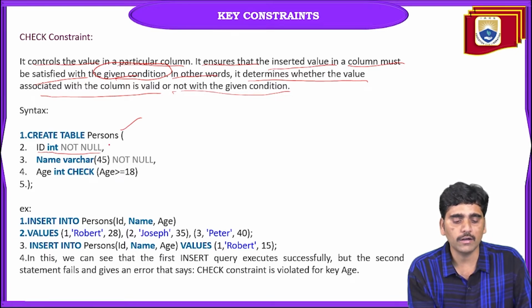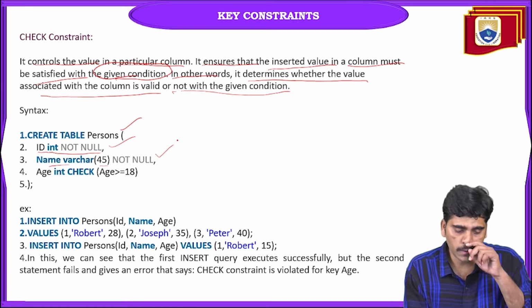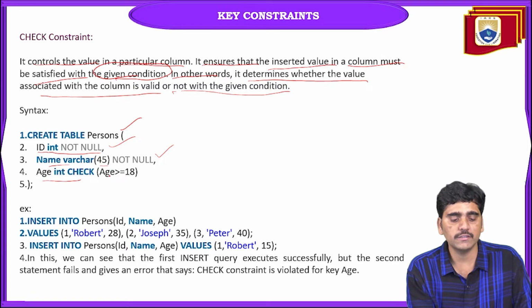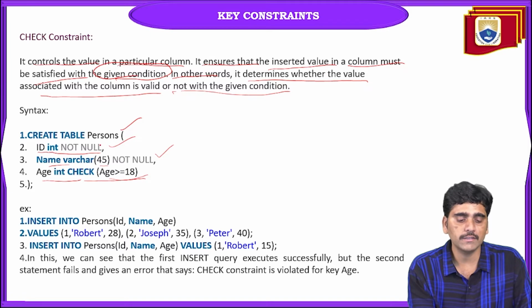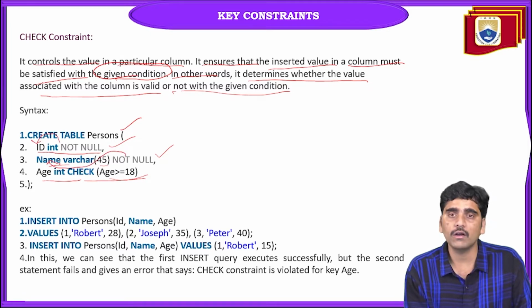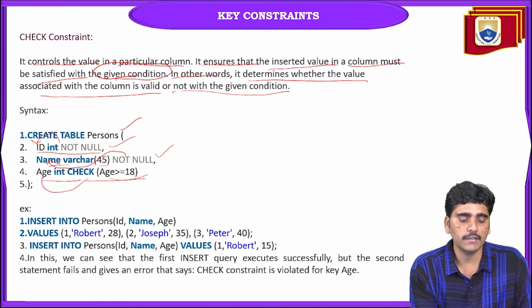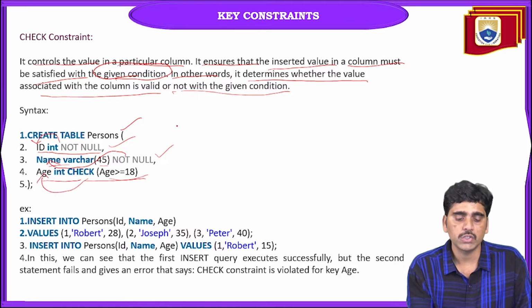ID integer not null constraint. Name varchar not null constraint. And age integer check constraint. Check age greater than or equal to 18, semicolon. So in this table, you are observing that a not null constraint is applied to the ID column, similarly a not null constraint is applied to the name column, and a check constraint is applied to the age column, so that